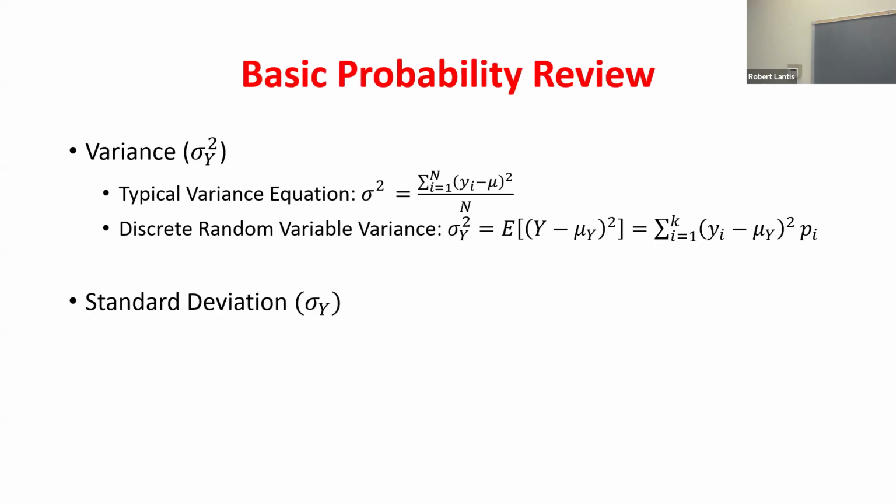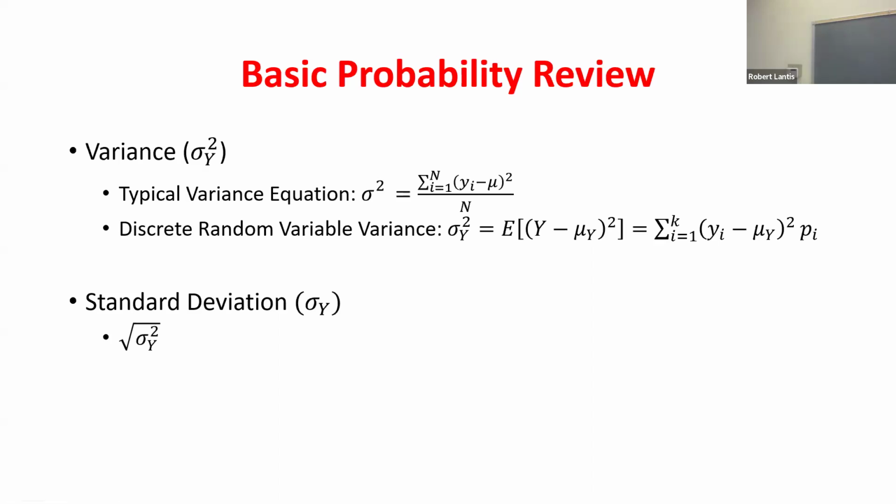Okay. We can scale the variance. It becomes useful when we start to do things later, like standardized variables, which I think we'll get through today. We calculate the variance, but we might want to scale it to get the standard deviation, right? And this becomes more useful in some of the stuff we'll do later on in the semester. So sigma, not sigma squared, but sigma is just the square root of our variance. If I take the square root of something squared, that just becomes itself, right? That cancels out. So sigma is our standard deviation. It's just scaling our variance by taking the square root of it, okay?